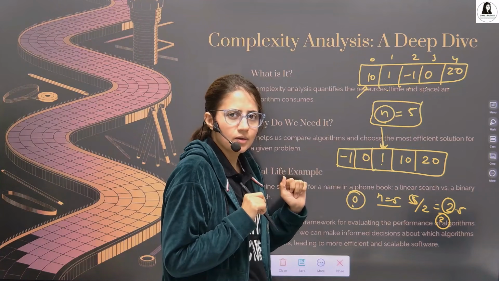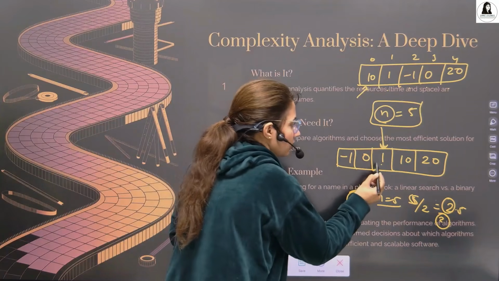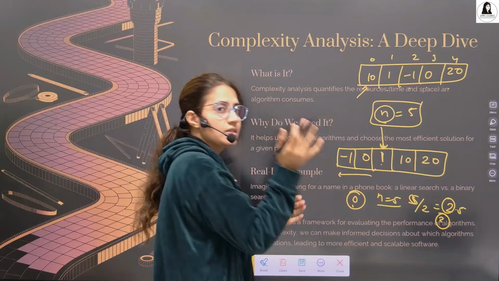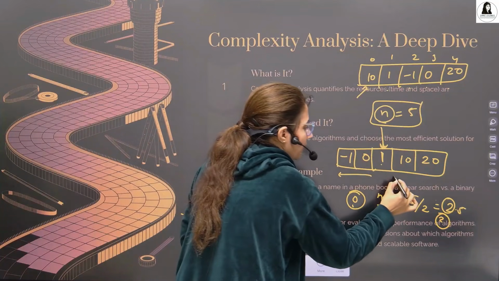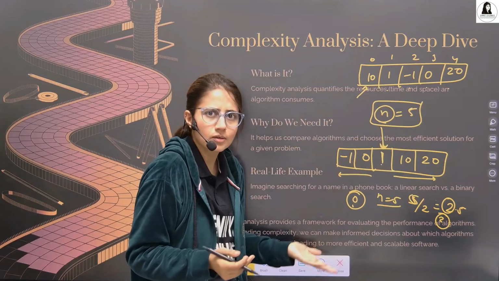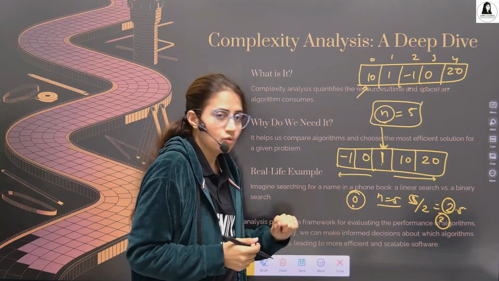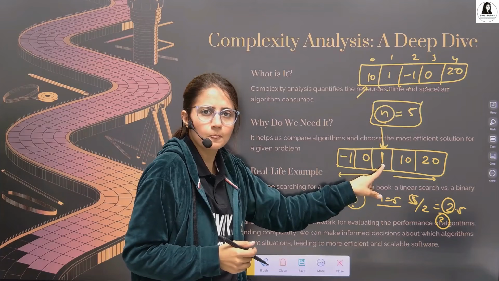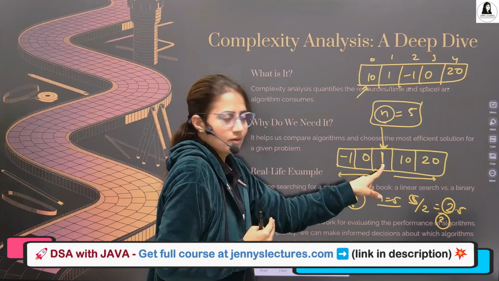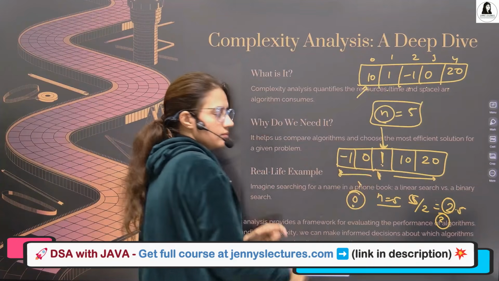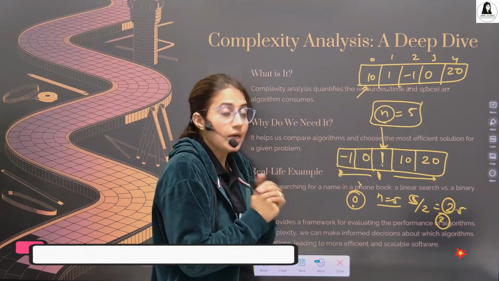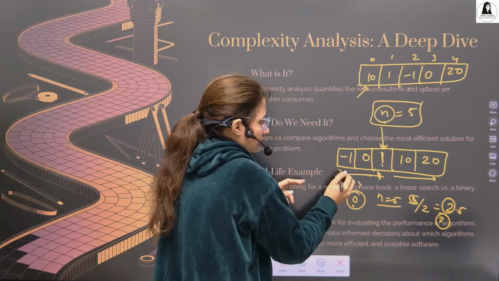No, this is 1. Now one thing is for sure in binary search: whatever the elements on the left hand side of this element are always less than this element, and whatever the elements on the right hand side are always greater than 1, because the array is sorted. Now we are searching 0. 0 is less than 1. Yes. So you don't need to search in this half of the array. We will search in this half. So you don't have to search the entire array. Half we will search.